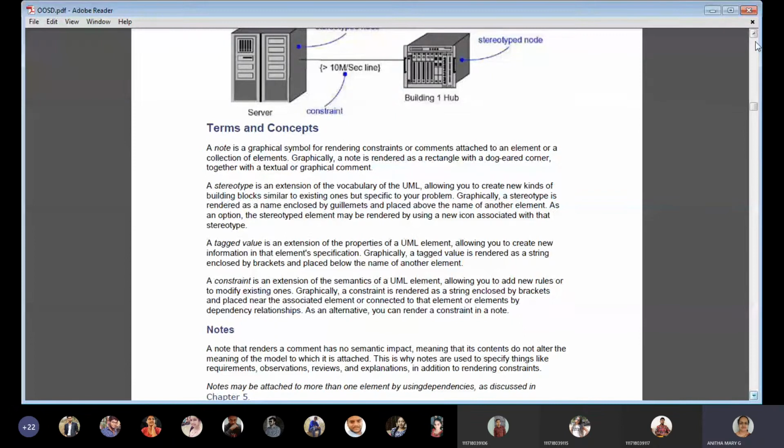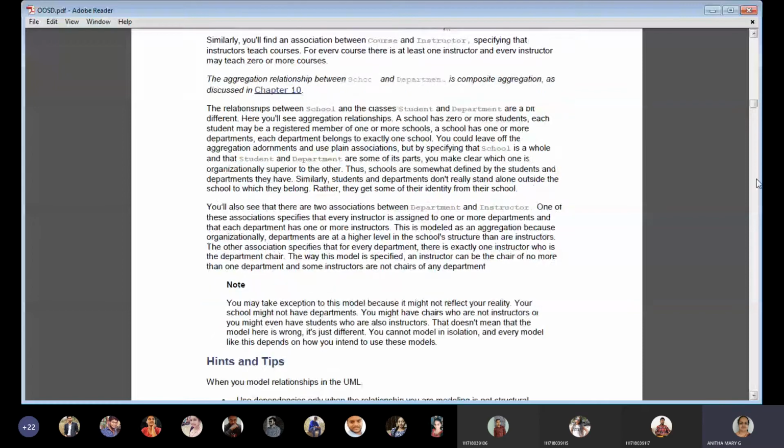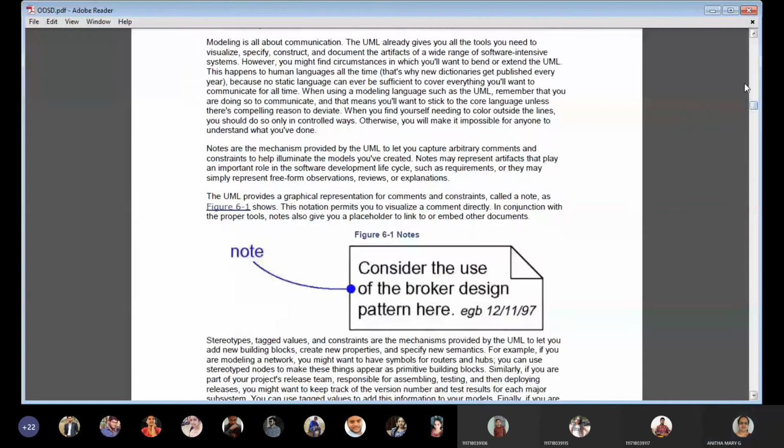As we have studied already, graphically a note is represented as a dog-eared corner folder. Dog-eared corner.